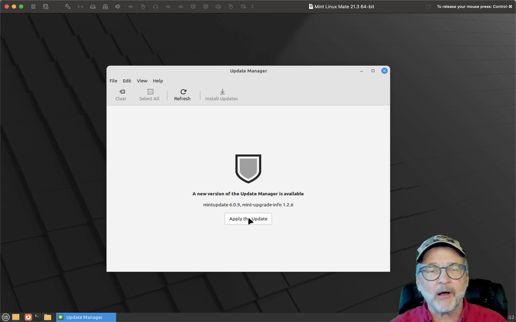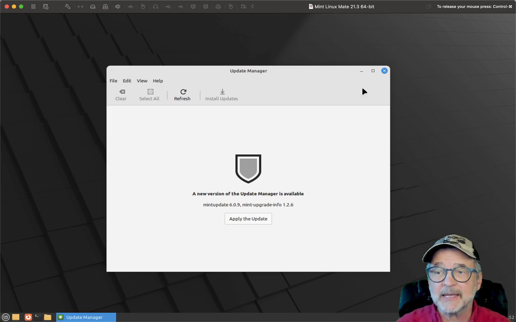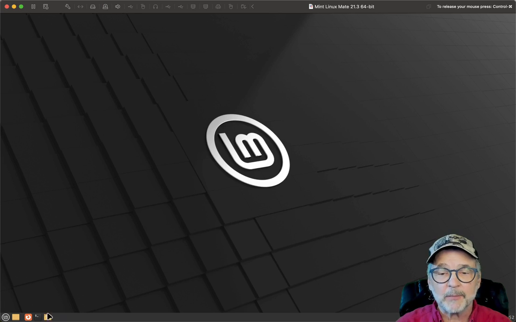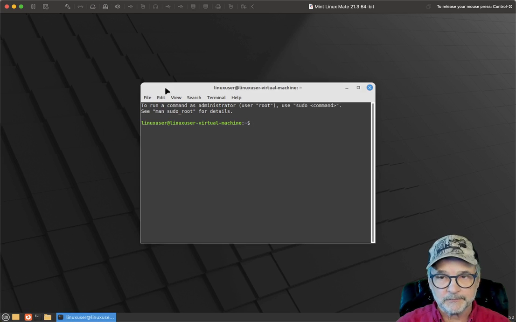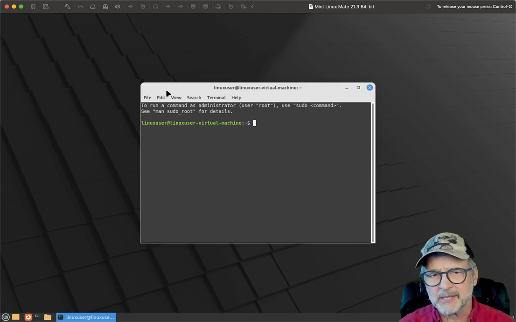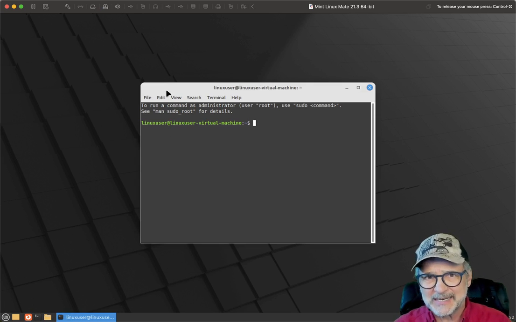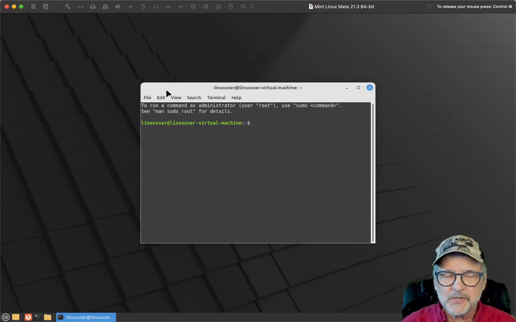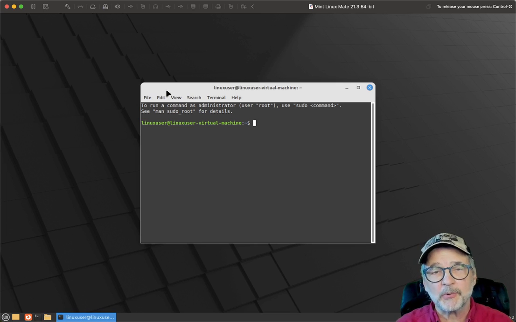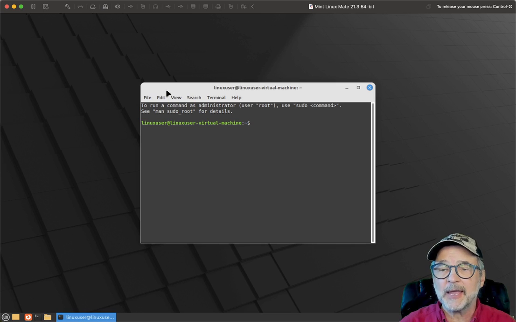The Update Manager in Ubuntu and also in Mint is an actual app. So we're going through an awful lot of effort here just to get things set up. Instead, I'm going to load a terminal and execute the commands on the command line because it's just easier that way. The first thing I have to do is this as a super user. If I just try to do apt update,